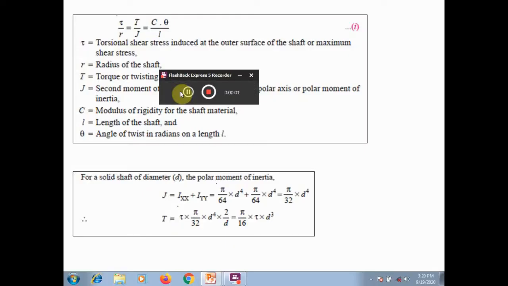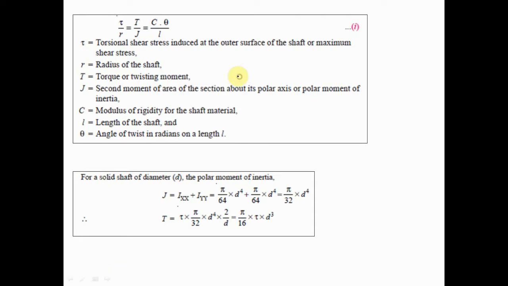Welcome to my channel. This is lecture 2 in the machine design lecture series, and in this video we'll be discussing the torsion equation, and I'll be teaching you how to design a shaft based on the torsion equation, and we'll be looking at 4 numericals that I'll be solving live in this video. So watch the video till the end. You will definitely find it very useful, and I'll be solving the questions step by step along with the correct values. So you have to follow very carefully. So let's start with the video.